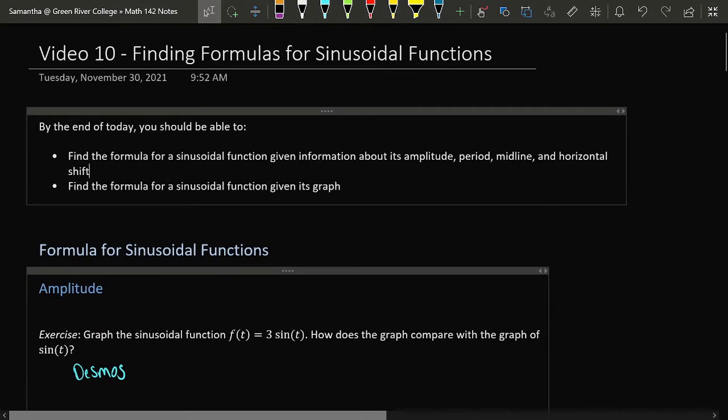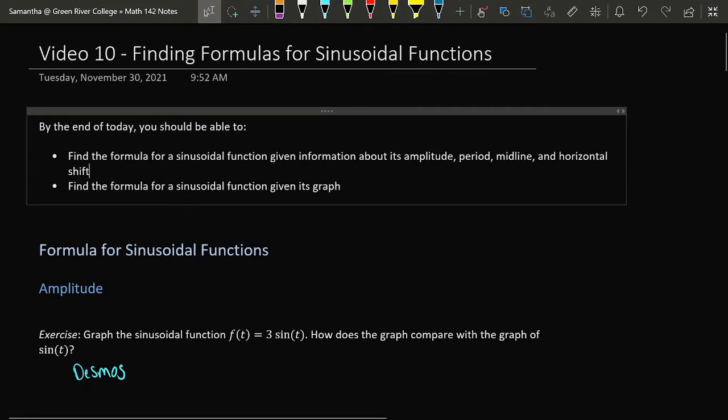In this video, we are going to look at how the formula for a sinusoidal function is related to the graph's amplitude, period, and midline. Ultimately, the goal is to be able to take a real-world wave pattern, write down the amplitude, the period, and the midline based on a chart for that wave, and then to construct a sinusoidal function that matches the real-world wave in those three features.